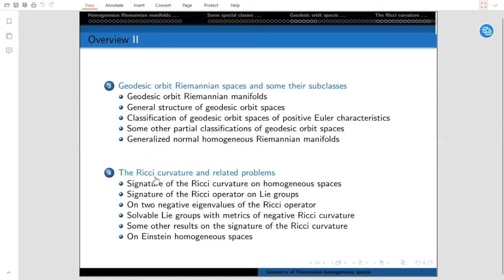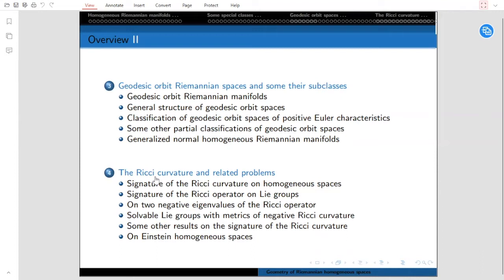We will see that some very well-known spaces are subclasses of this class, and therefore